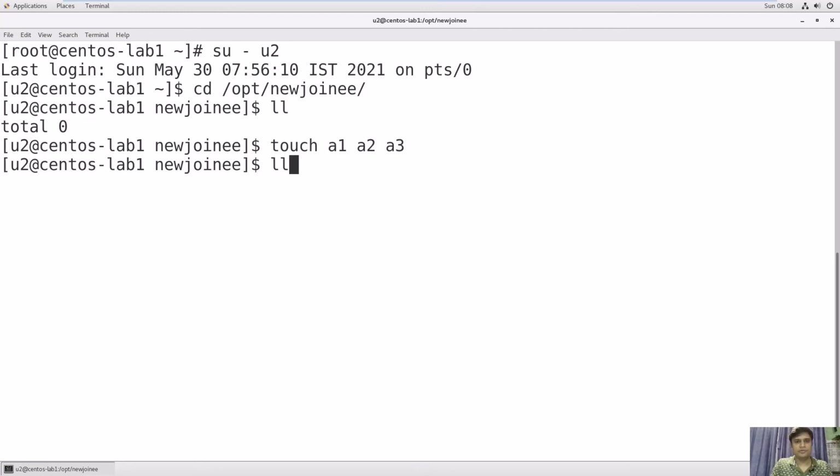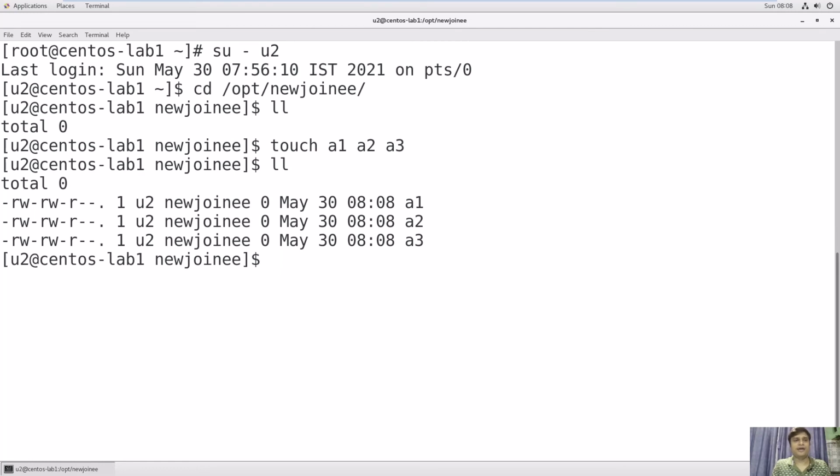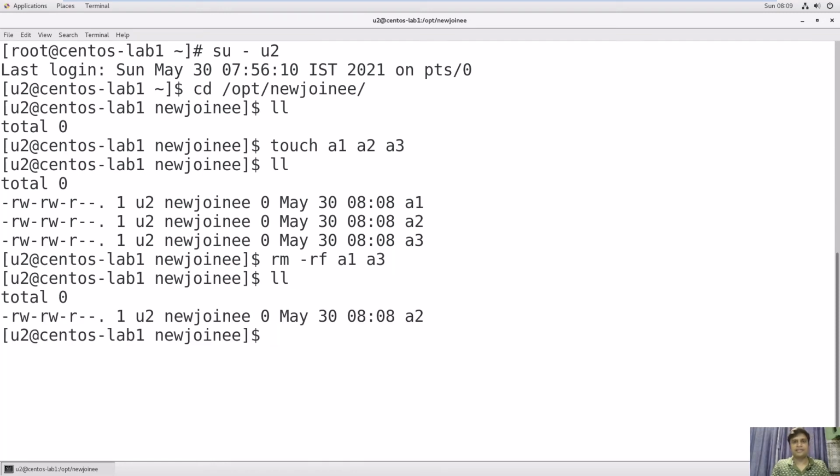See, we can easily create files right under this directory. I can do anything. I can delete this file as well. So you have permission, you can create, you can modify files. See, a1 is deleted.